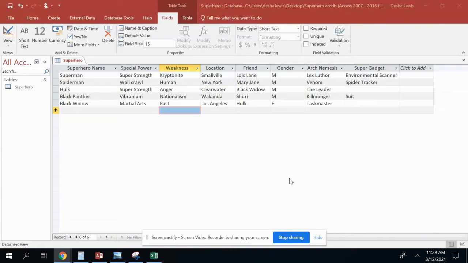I went ahead and typed the rest of the information about the superheroes that I included in my table. So you can pause the video here and type in the rest of the information on your table. The next object that we are going to create is another table, but this time the table is going to